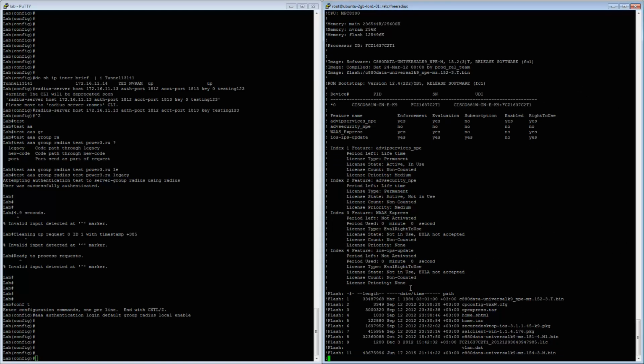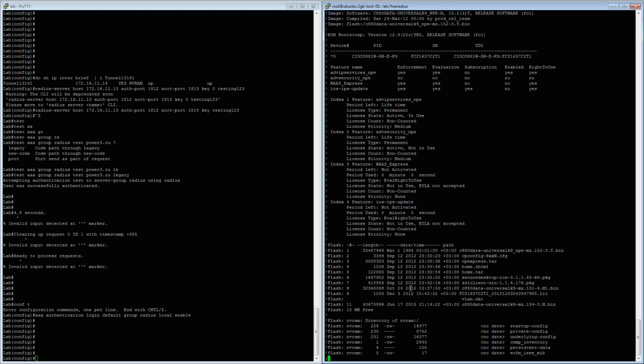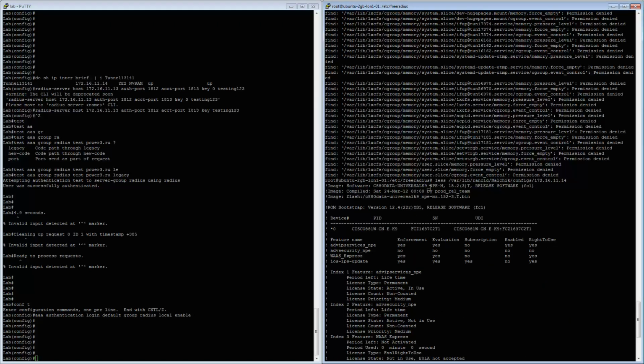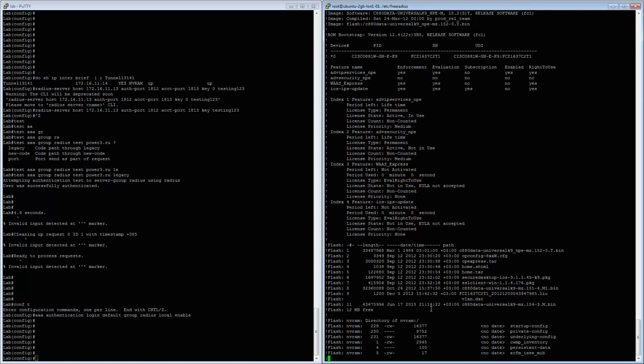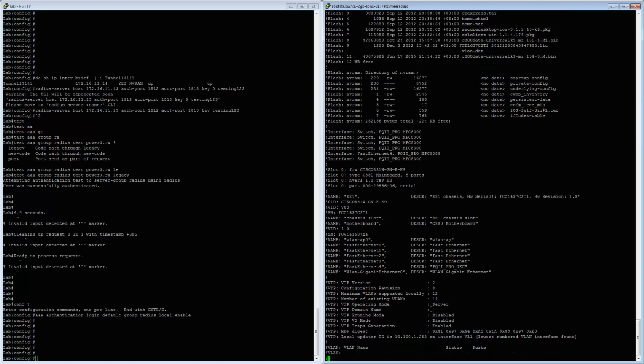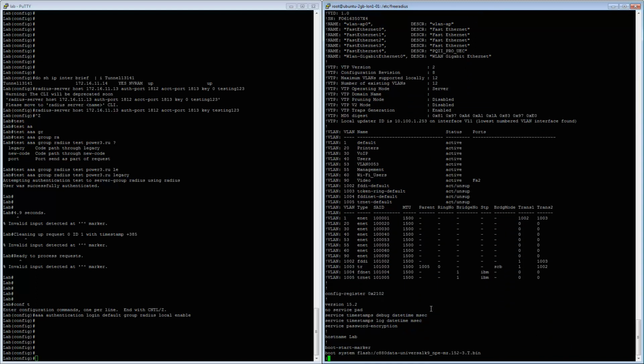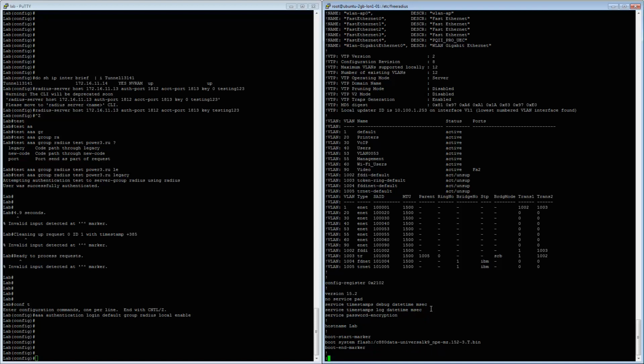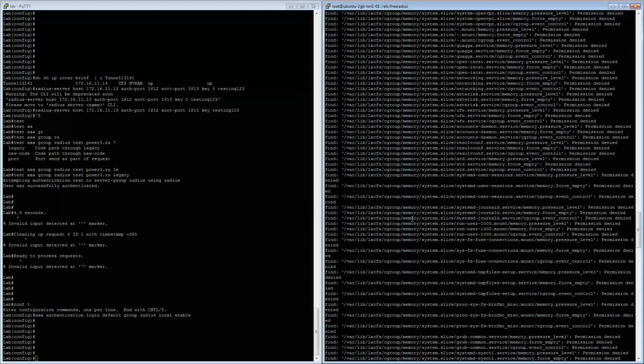So we see that it is our device. For example, show version information, flash information, some IP addresses information, and so on. And I see that it is the same as it was. So it's pretty nice,